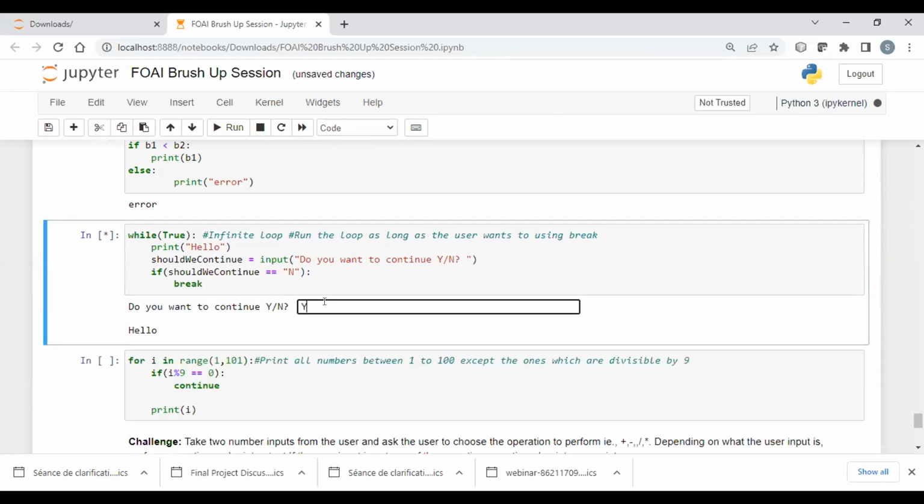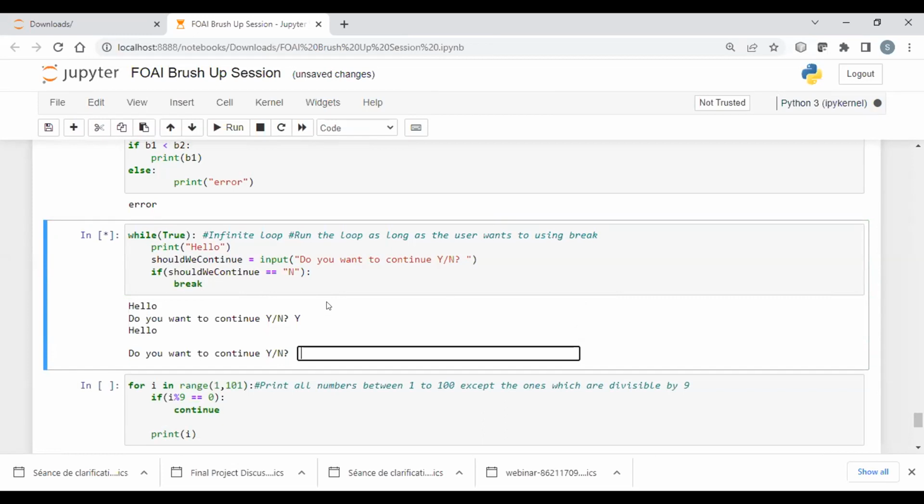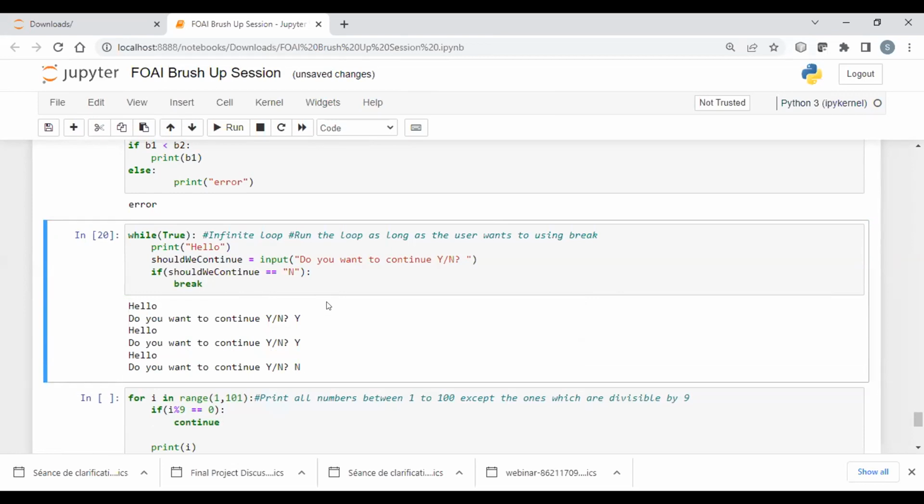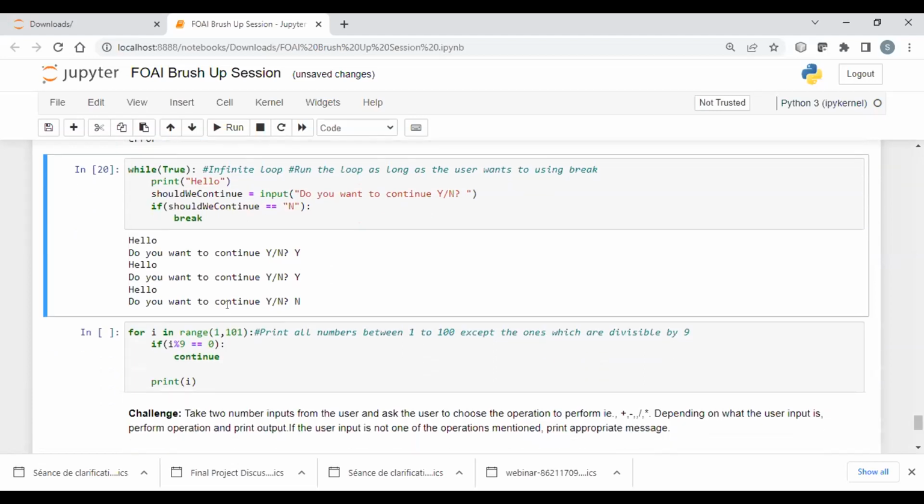If I keep entering yes, it will keep asking and printing. Again, if I enter yes, it will keep continuing. In order to break out of it, I have to enter n and it will come out of the loop. So an infinite loop keeps running as long as we want it to, and we can only break it when we want to end it.